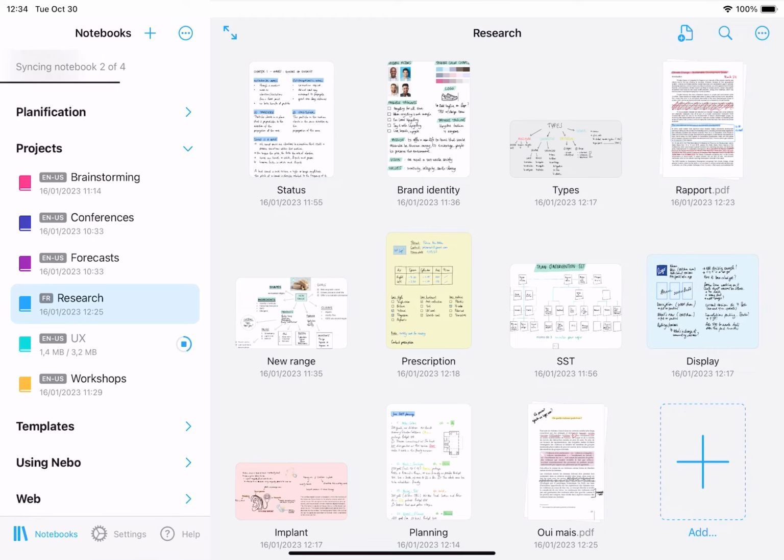Note that it's not possible to open Nebo files outside of Nebo, even if you can see them listed in the cloud. Once synced, your notes can be accessed on any device using Nebo, iPad, Mac M1/M2, Android or Windows, or on your iPhone in read-only via our Nebo Viewer companion app. Content can only be edited within Nebo. Be careful when syncing between devices so that you don't overwrite content you want to keep. Synchronization does not equal backup.